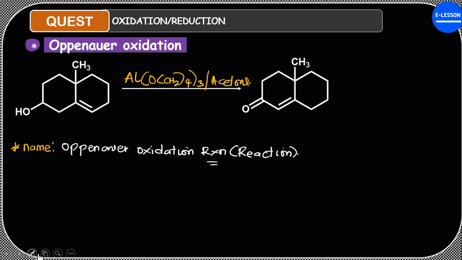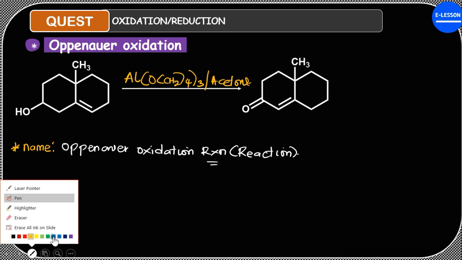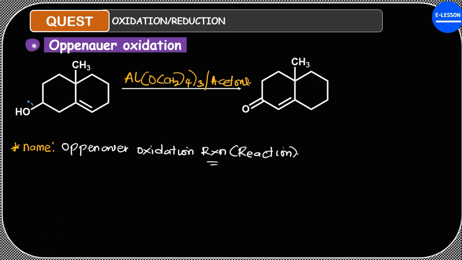Now, what does this reaction entail? It entails the oxidation of an alcohol group here. What kind of alcohol group? A secondary alcohol to a ketone functional group. So secondary alcohols are always oxidized to ketones. Those are the things that we need to understand. So this is oxidized to this,